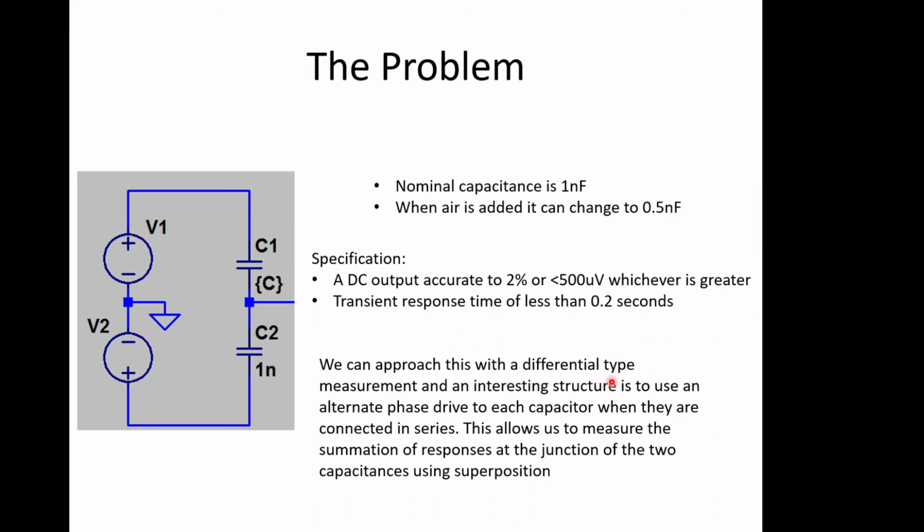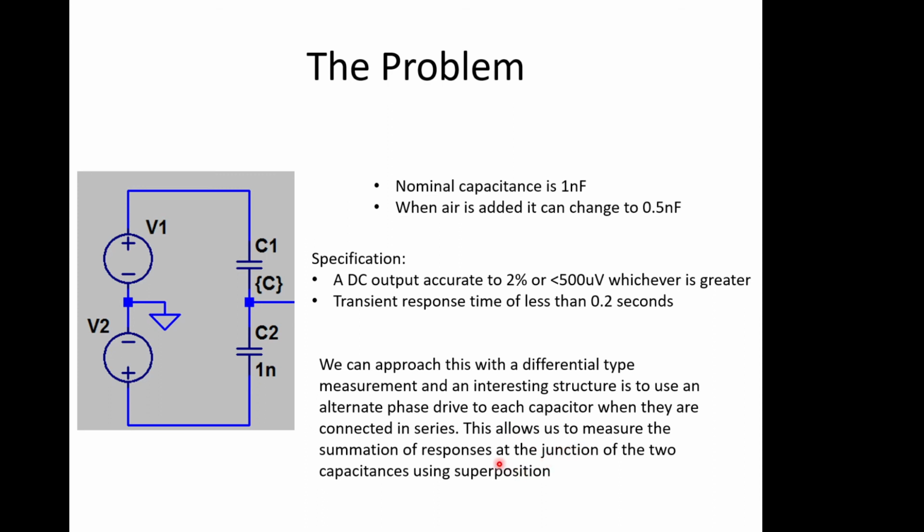And we said it's going to be a differential type measurement, and one of the methods we can use, because it's capacitance, is to use alternate phase drive to each capacitor, which means that this one is driven with a positive sine wave, going up and down like that, and this one we've just got the same sine wave but opposite in phase, 180 degrees out of phase. So when this one goes up, this one is going down, and they're in alternate phase opposition to each other, and we would then sum the response at this junction